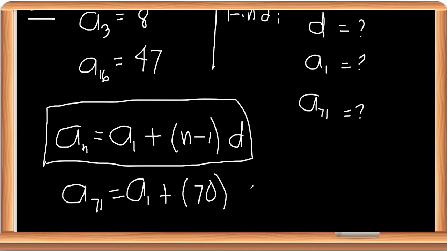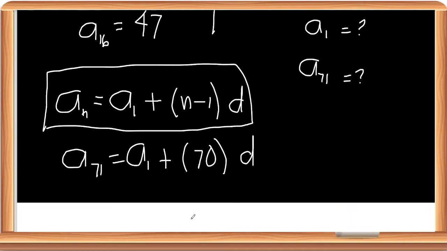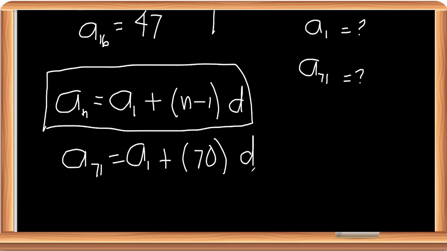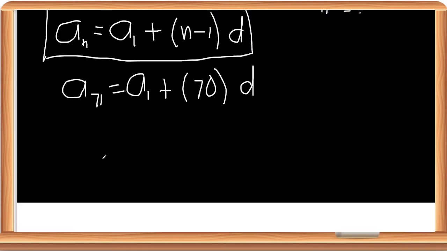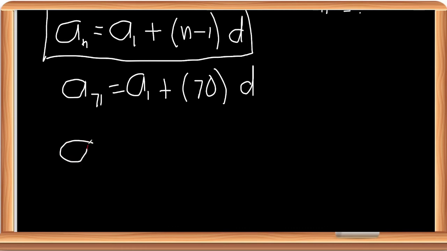And then, the common difference. Hindi natin alam yung a sub 1 tsaka d. So, all you have to do is stick to the formula first. And using this one, a sub 3 is equal to 8. So, yung a sub 3 mo, which is equal to 8, and then use the formula, a sub 1